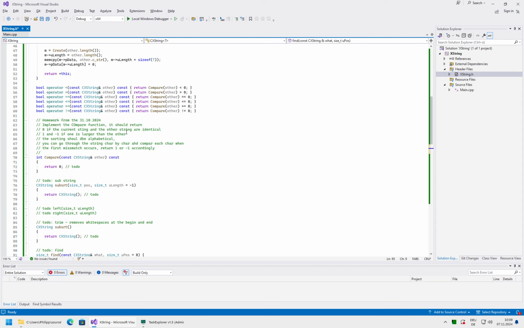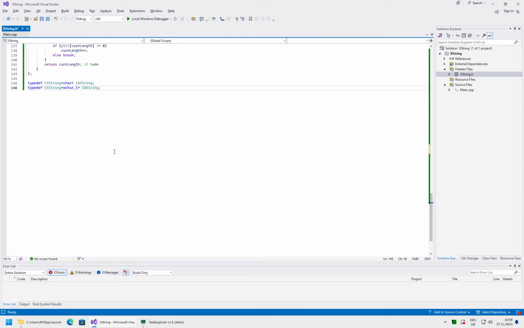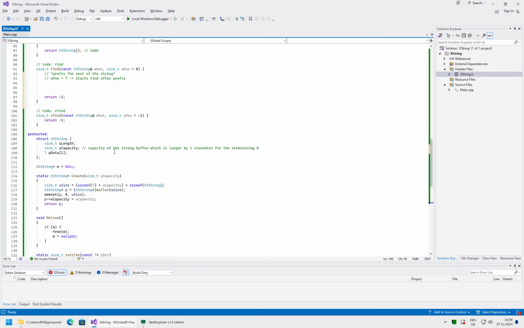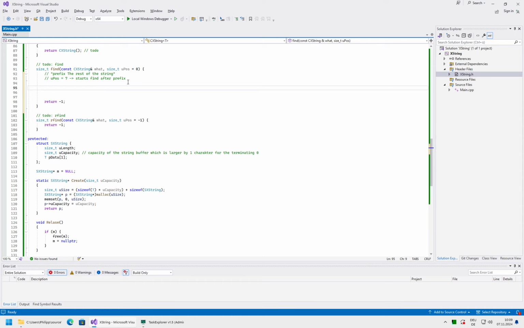If you want to do it fully manually, then you would have two loops. You would have an outer loop which starts at the u position index and goes until the length of the whole data. Although you could restrict it such that it goes to length minus the length of what you're searching for minus 1, because if you are at the very end and there is no more room for what you're looking for, then you will not find it. And then inside it you have a second loop, and you always start at the current outer loop index plus inner loop index and compare the char at this position in the main string with the char at the inner loop index position of the string you are looking for.